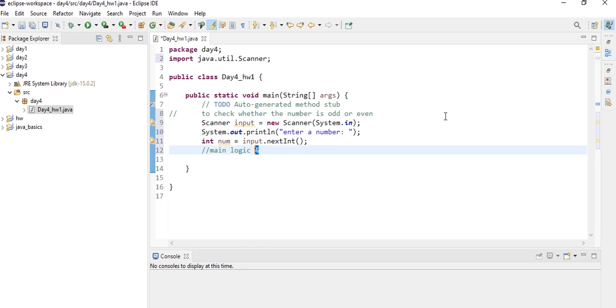So if the remainder is 0, the number is even, and if the remainder is not 0, the number is an odd number.